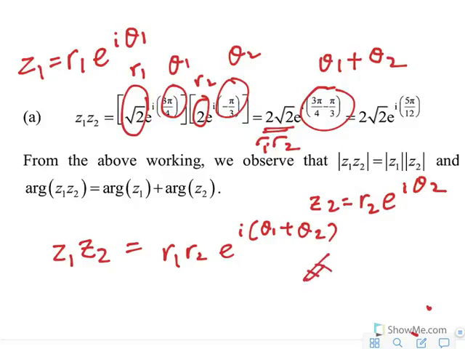But we have to be careful. Later I'll tell you why we need to be careful. So basically when you do a product, the indices are your arguments. We just sum the arguments together. We multiply the moduli. So here,